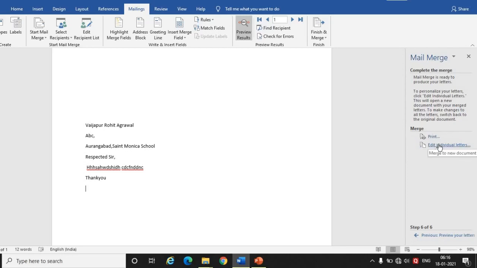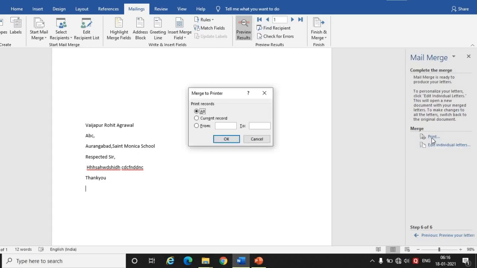मतलब दो लोगों के नाम की एंट्री की थी ना, तो हमें उन्हें इंडिविजुअल सेंड करना है और we want to send it collectively to both of them. Okay, so here I'm not selecting any of the option. Here I'm just clicking on print. Print means if you want to take out the print of this letter, just click on a print.